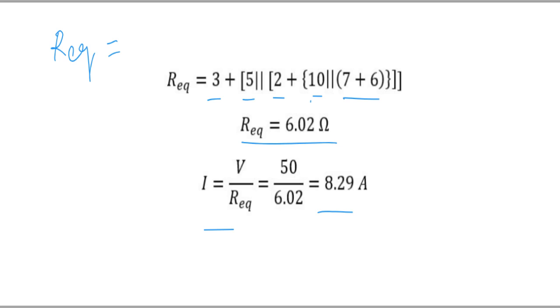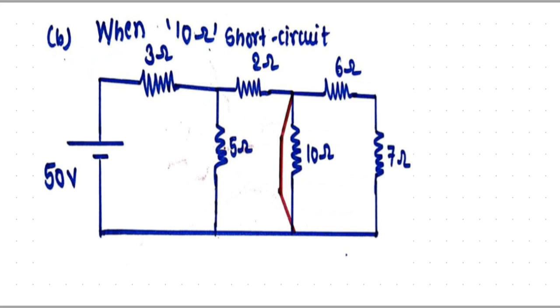Now this is the first case. In second case, the question is if 10 ohm gets short circuited. So now this will be the condition. Now you have to think that from where current can pass. So here the total current I is there. So I will pass through this path. It will start from positive side, then it will go over here. Now at this particular point, there are two paths. So current will pass through 5 ohm also and 2 ohm also.